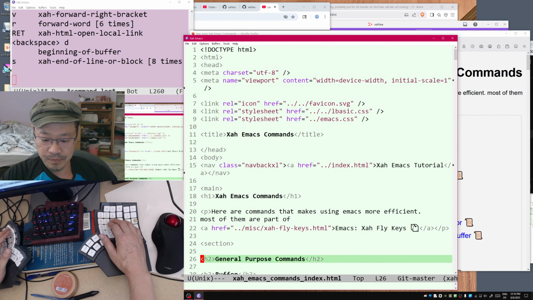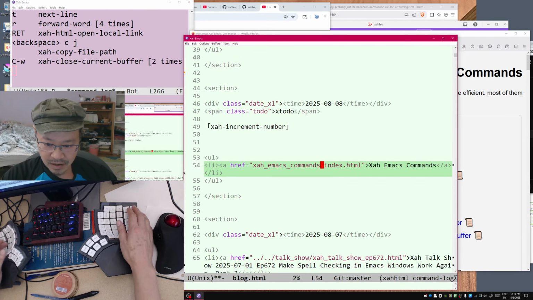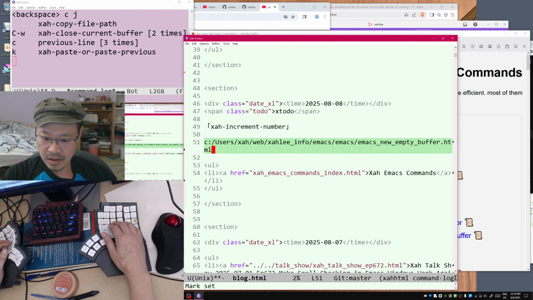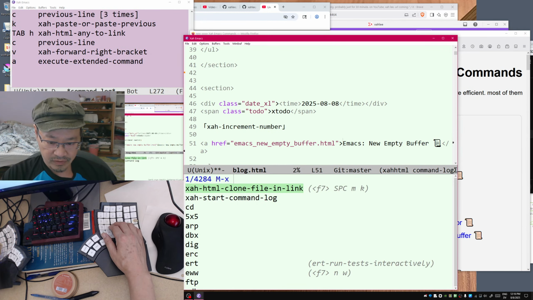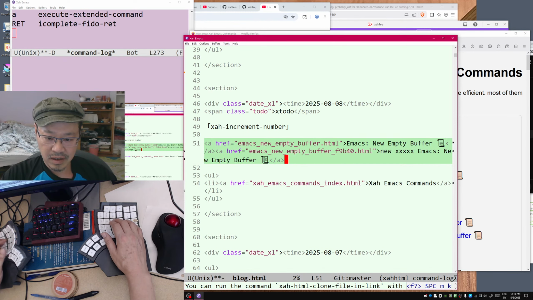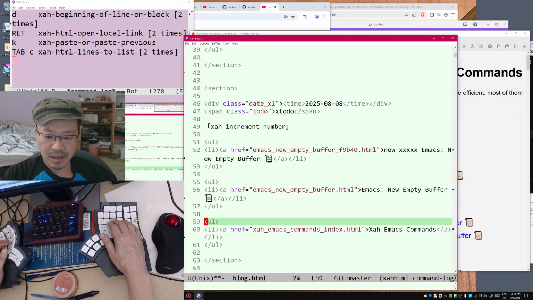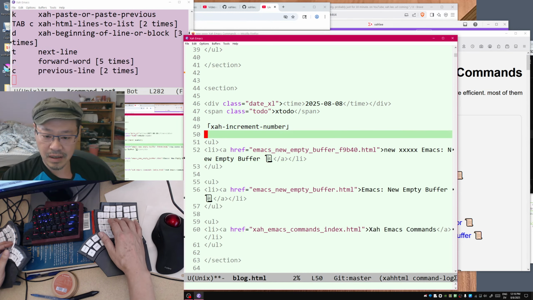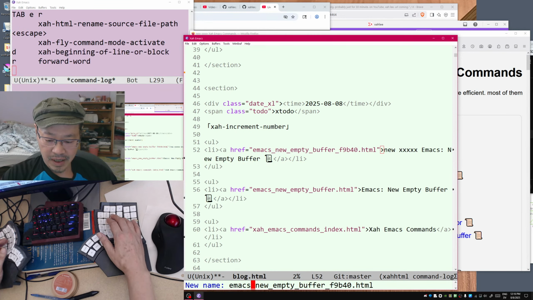Go to the top, general purpose command, buffer, copy file path, close. Okay, put it here, linkify it, then go here and run xah-lee clone file in link. So now cut that link, make a list. Okay, and then rename this to increment number. Okay, so rename the file path,